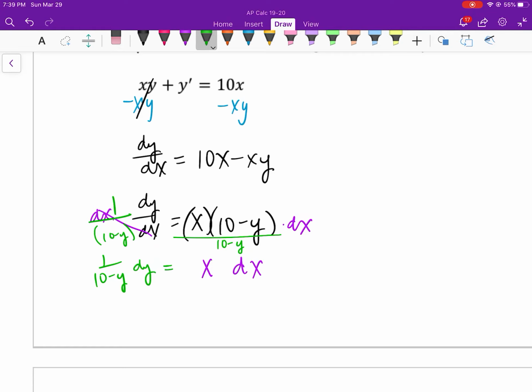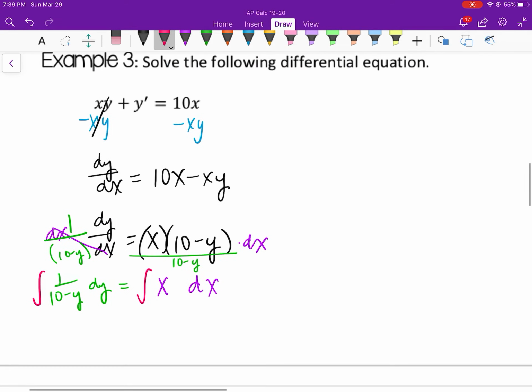It's easier to see, 1 over an expression times dy, right? Well, that's going to be the antiderivative of 1 over something. Remember that that's your natural log function. So we take the antiderivatives of both sides, and we get, let's see, the right-hand side's nice and easy. So that's going to be 1/2 x squared, and then we always stick the c on the right-hand side,